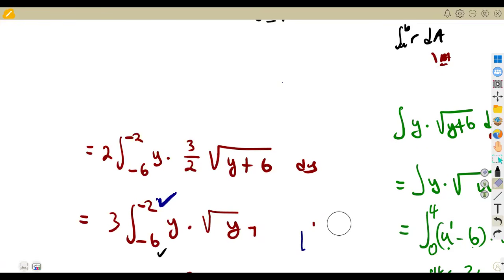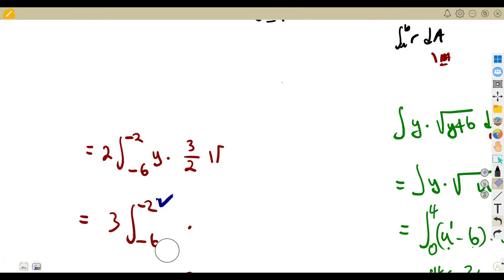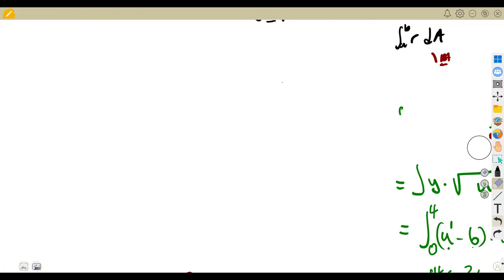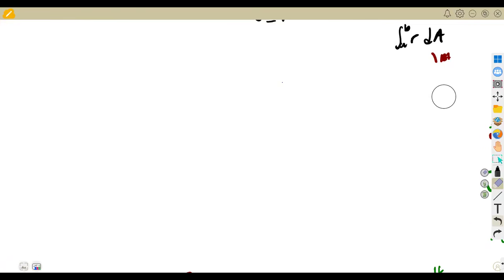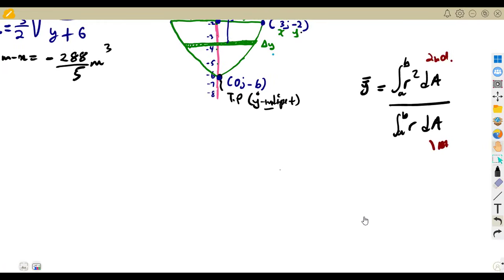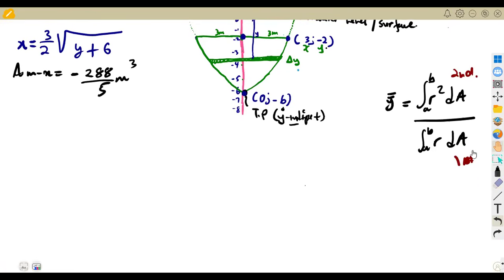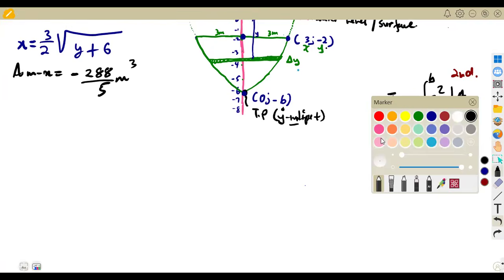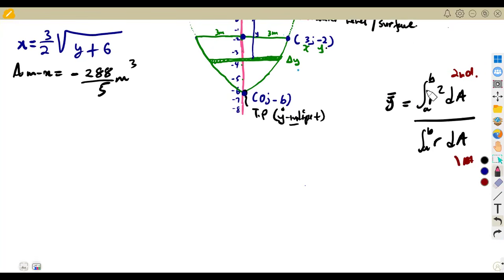But the question is, how are we going to calculate our second area moment? No problem. I'm just going to erase this part as I am going through. All right, guys, very sorry for that. If we were to talk about this formula, because this is our second area moment, this is the formula here on top. Remember, I talked about this on top. The formula states that in order for us to have the second area moment,